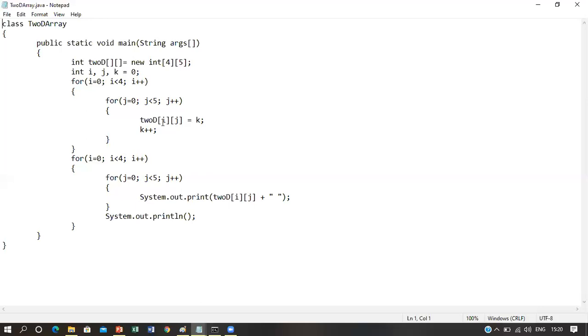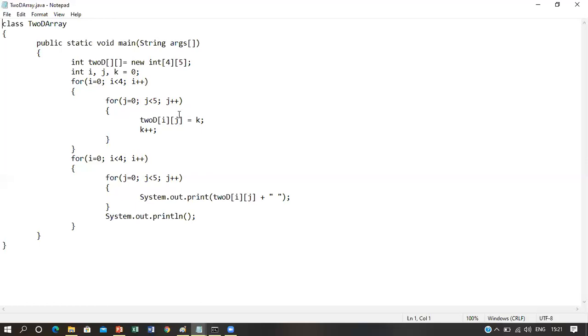Then inside this for loop, what we have done: 2d[i][j] equal to k++. That means whenever i will be 0 and j will also be 0, that means 2d[0][0], the first element of this 2D array, will contain the value k, which is 0. Initially the value of k is 0.